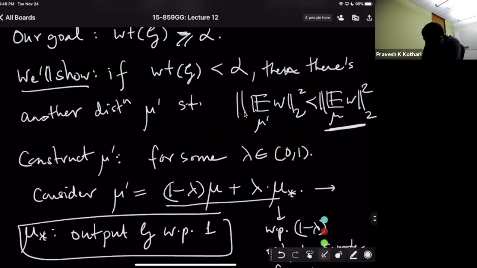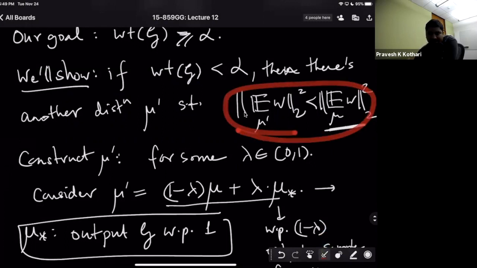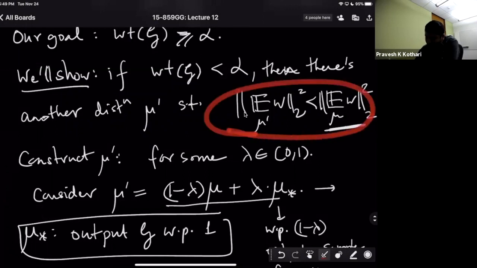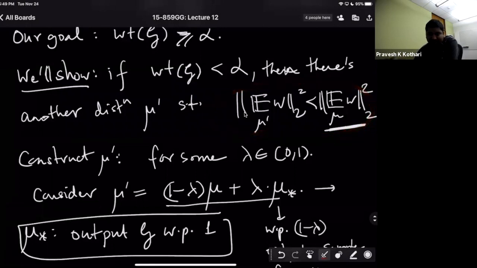So notice that what we are minimizing has no dependence on G. We are simply minimizing the L2 square norm of W with respect to mu, right? But we are trying to guarantee a property about this unknown G. The whole idea here is that we are trying to argue that something good happens with respect to this unknown set G by forcing conditions on mu that have nothing to do with G. That's something to take away, what we're trying to do here.